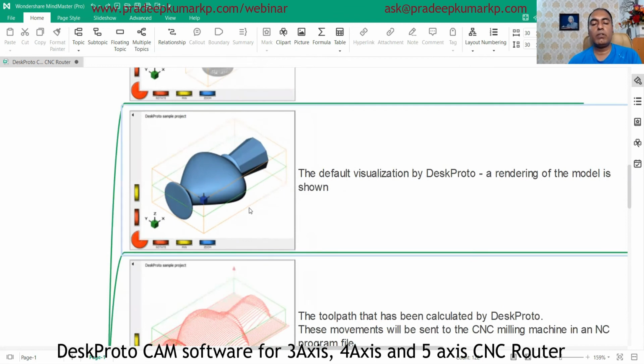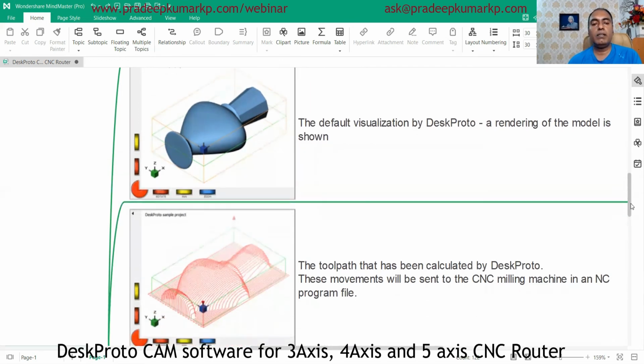Rendering is available for the model, so you can view it like this with the rendering. And you know that it's like half of the portion, because if it's a 3-axis machine, it will machine only from the top. If it's 5-axis, it's not different. If it's 3-axis, what will happen? It's from the top only, so only half of the thing you can machine from one side, and the other side you have to machine separately.